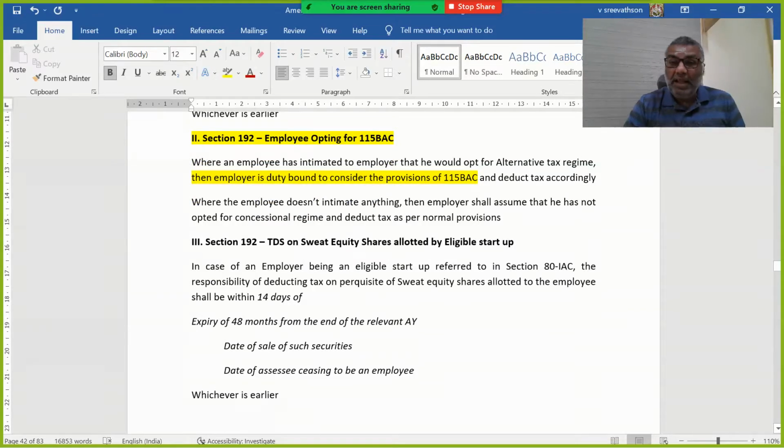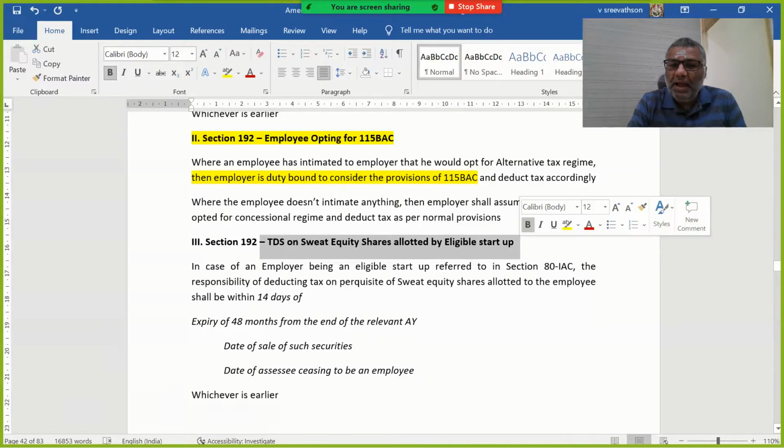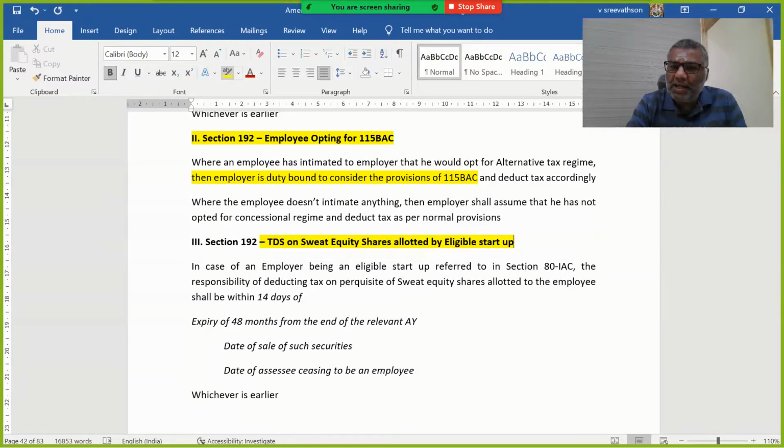Okay. Then, a consequential amendment. From whatever we studied in salaries, this is a consequential amendment. That is, TDS on sweat equity shares issued by eligible startups. It's a consequential amendment, because these are taxed, not computed. The tax will be computed and the tax payment is deferred. These are taxed at the earlier of 5 years, date of leaving employment or date of ceasing to be an employee,